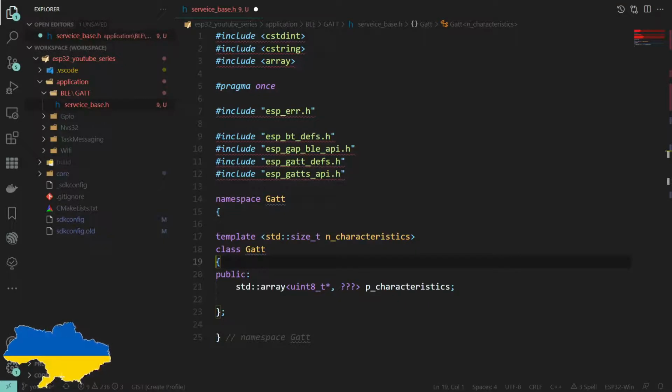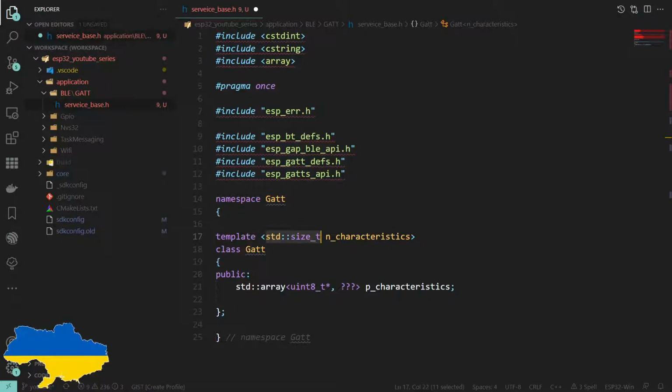I can tell you now that is actually not what we'll be doing, or very slightly different to what we'll be doing, because we also have to tell the API when we create the table in the Bluetooth controller how many entries there are in this table, and that API expects a uint16, not a size T, which in this case is 32-bit, so 4 bytes.